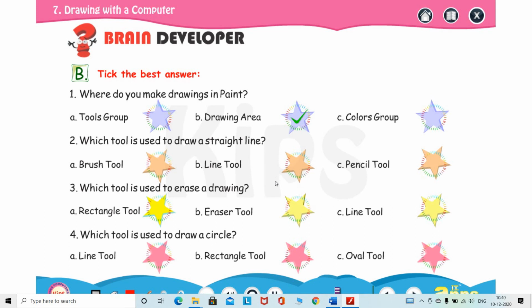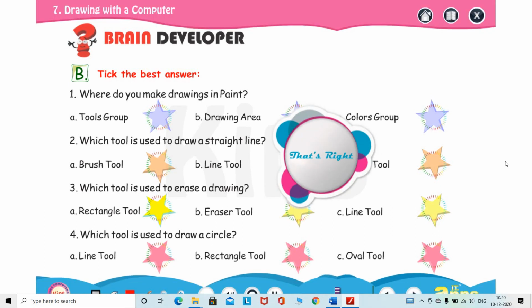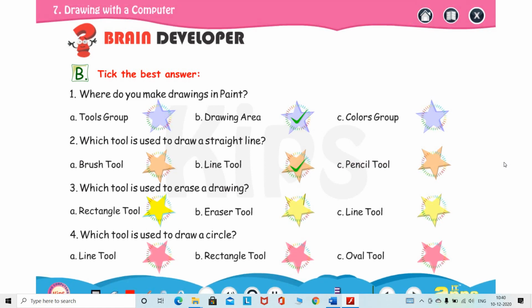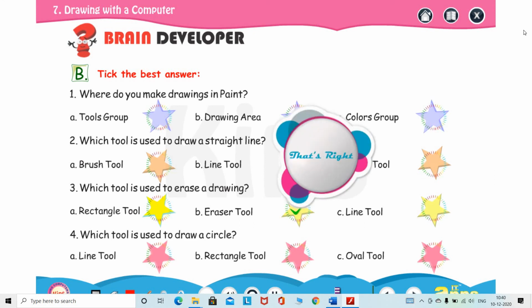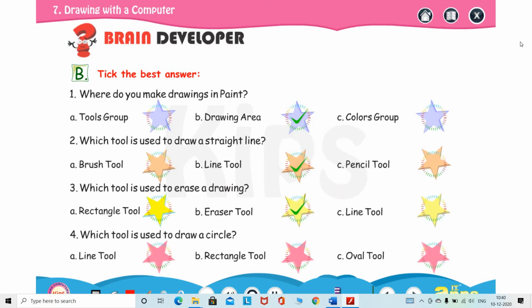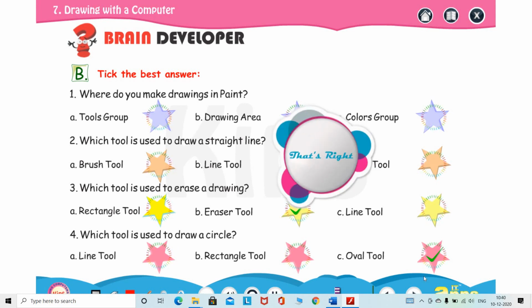With the help of the line tool we can draw a straight line. Next question, which tool is used to erase a drawing? With the help of the eraser we can erase a drawing. Last question, which tool is used to draw a circle? With the help of the oval tool we can draw a circle.